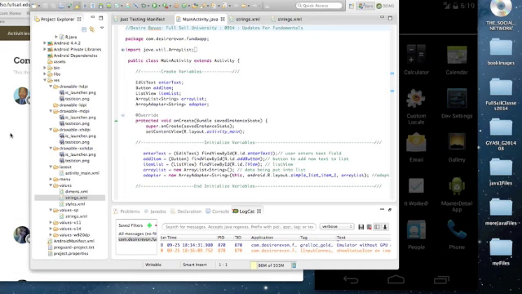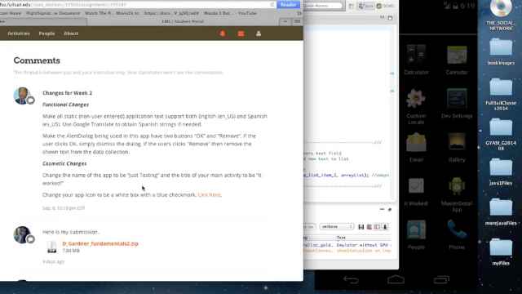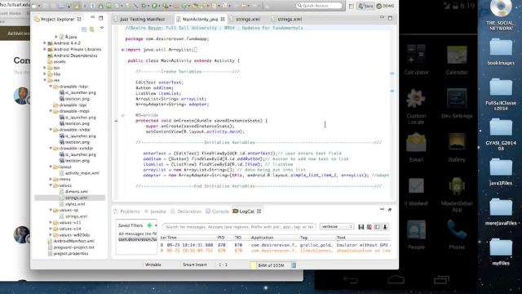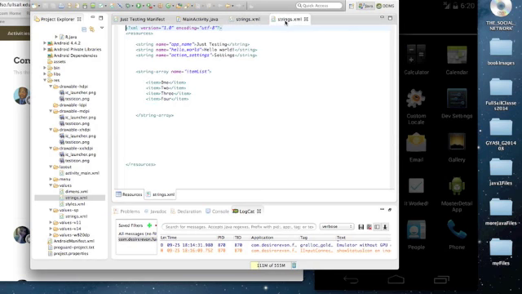So the requirements for this week were, he asked me to make non-user entered text support English and Spanish. My app was pretty basic, so I didn't really have any text that would change to Spanish, but the way that you do that is you create another values folder that can hold a string XML, and you just set it to Spanish or whichever language. There's different languages you can do within Eclipse for Android, and you just use the same exact strings except you switch them to Spanish. So if you created a string that said just testing,